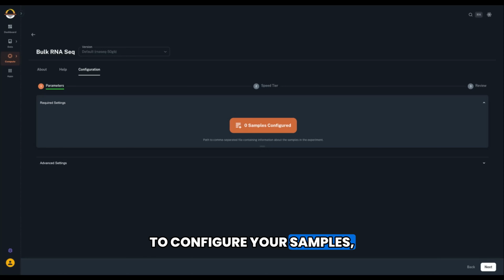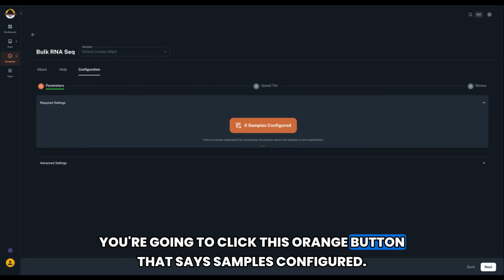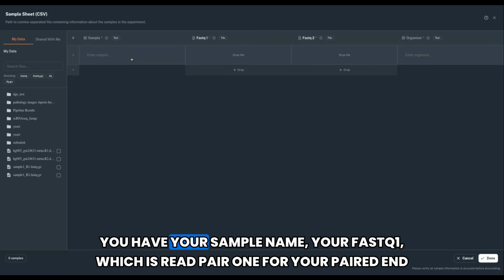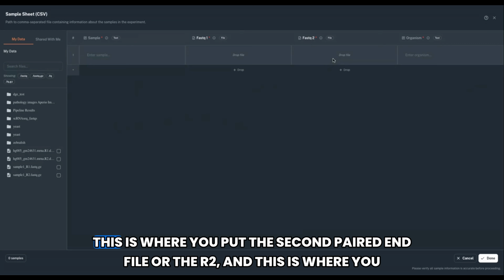To configure your samples, you're going to click this orange button that says samples configured. And this will bring you to the sample sheet. The sample sheet layout is very simple. You have your sample name, your FASTQ1, which is read pair 1 for your paired end FASTQs. This is where you put the second paired end file, or the R2, and this is where you select your